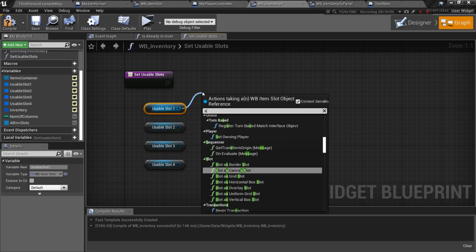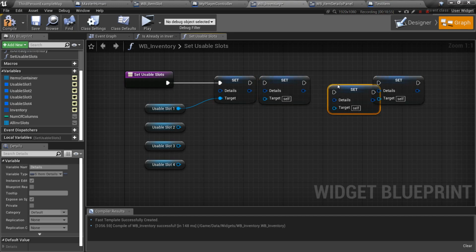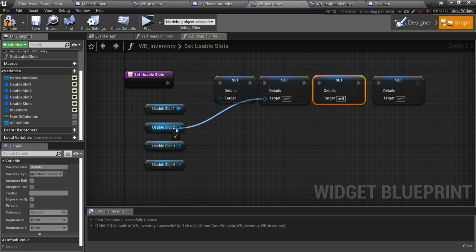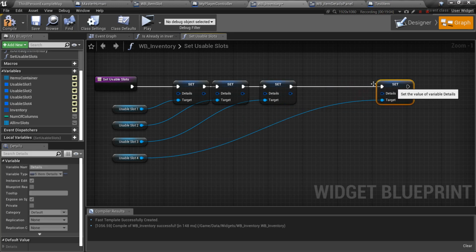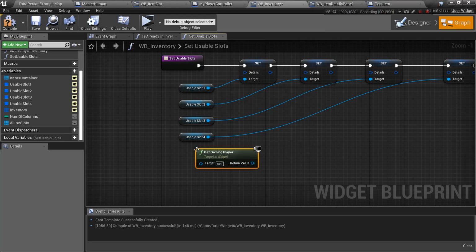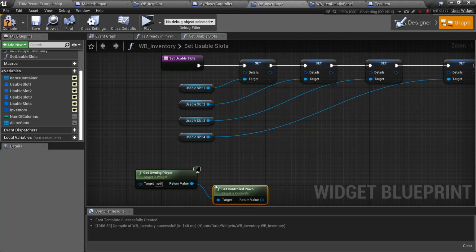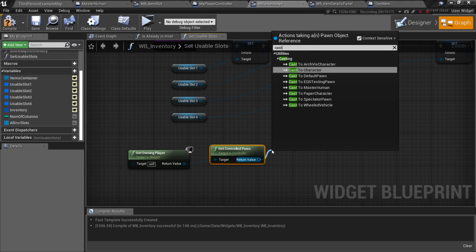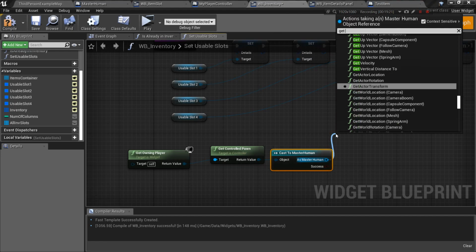And now I'm going to basically set the details of each one. So I'm just going to copy and paste this 3 times, and connect this up. And now, to get the actual details, I've got to get the character. So I'm going to get the owning player, then get the control of pawn, then cast to the master human, then I'm going to get slot 1,